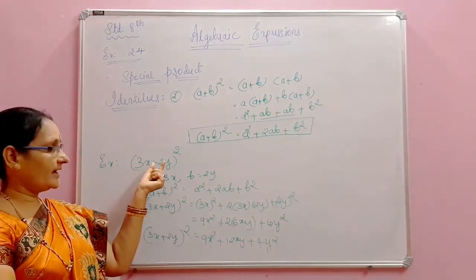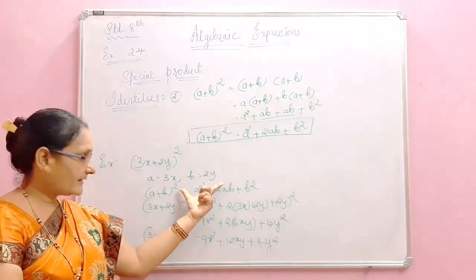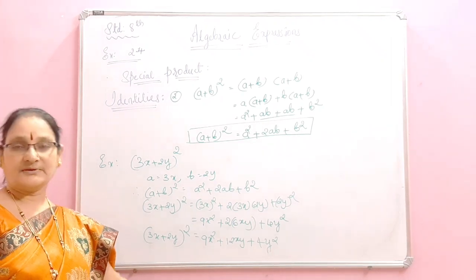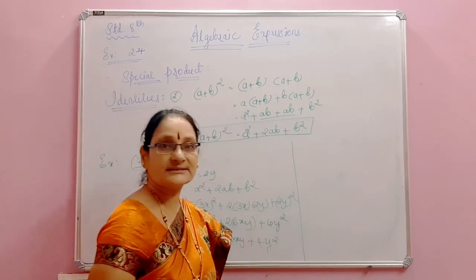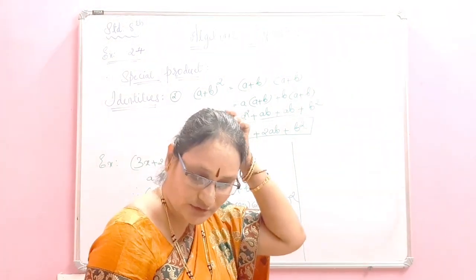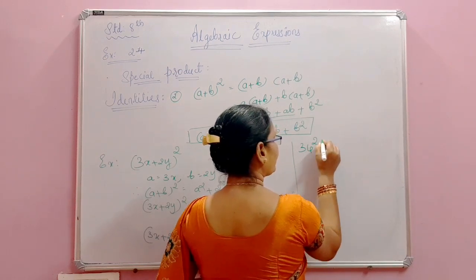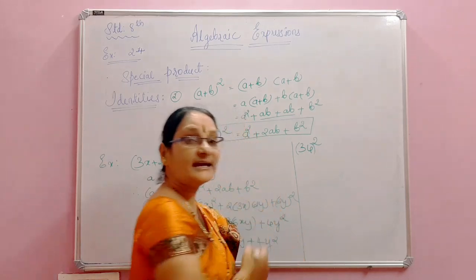Just one is a, another one is b, whole square. Directly we have to write the identity. According to the identity we have to go on simplifying it. In the same way we will get even the numeral problems. Just now I solved, no? That is 34². How to find out 34² using this identity?